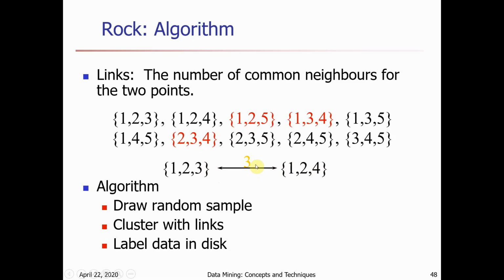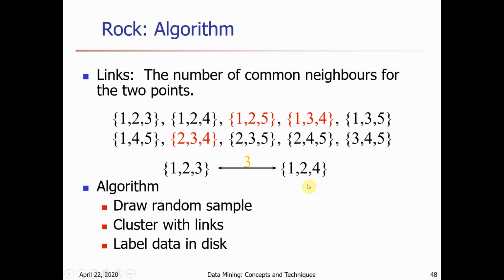So now you have a question, sir, why is 1 3 5 not common to both? Why is 1 3 5 not a neighbor to both? See, let us assume 1 3 is a neighbor to this particular point, but in 1 3 5 only one is here, whereas at minimum we need more points in common to both. So that's why 1 3 5 does not act as a common neighbor.